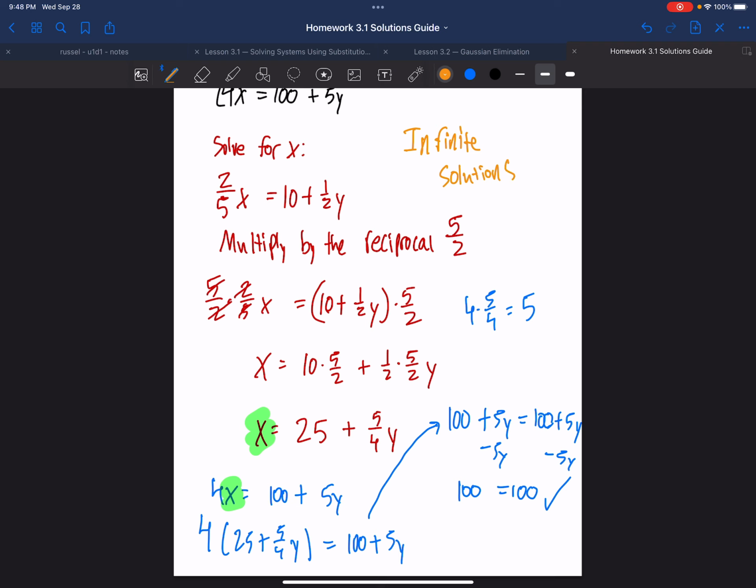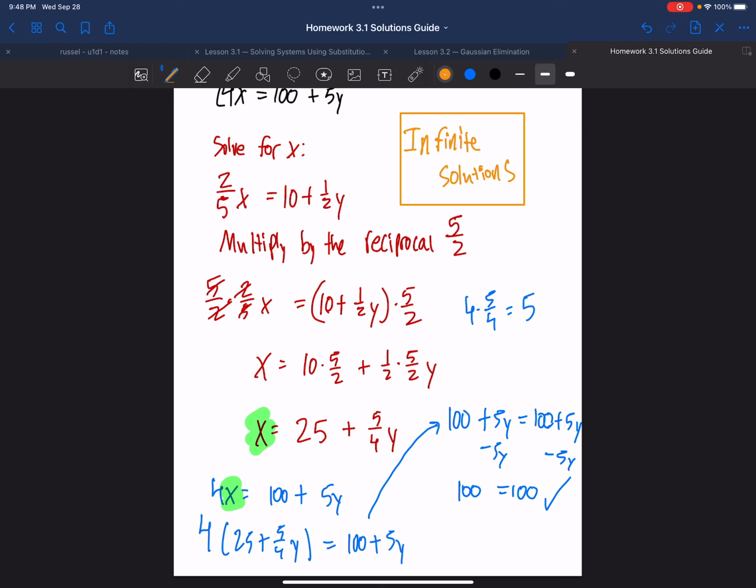All right? 100 equals 100 is a true fact. We basically did math with x and y, and we found a statement that's true, meaning whatever x or y you choose, it doesn't matter. Whatever x or y you choose, you're going to get this 100 equals 100 statement, meaning there are infinite solutions